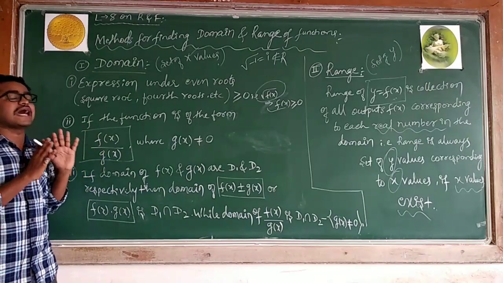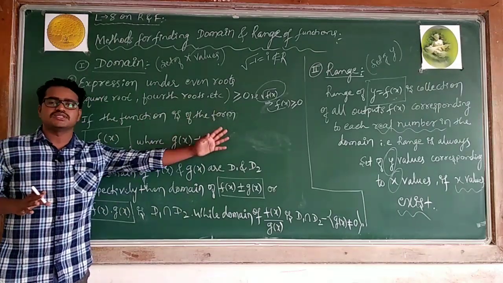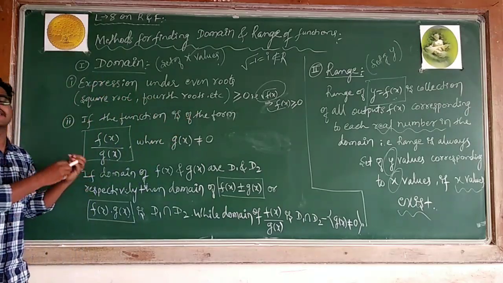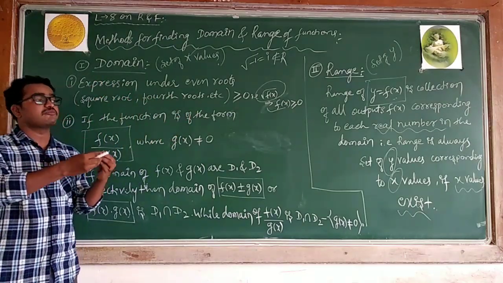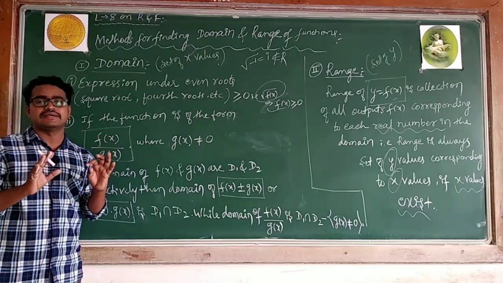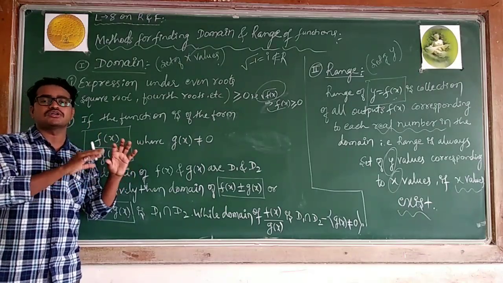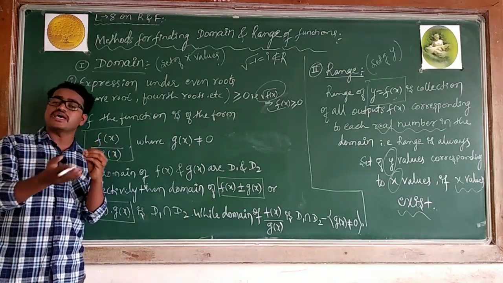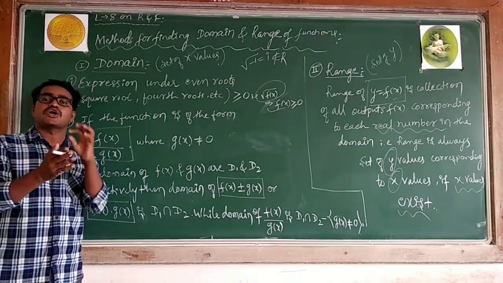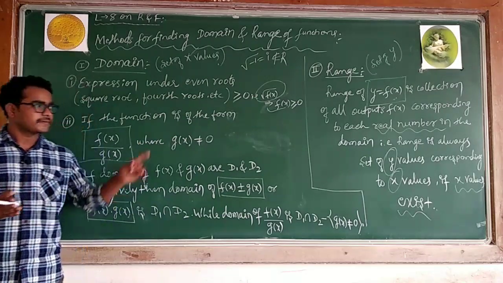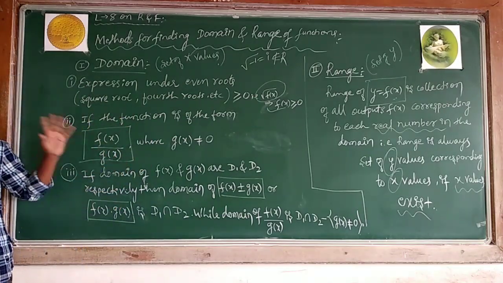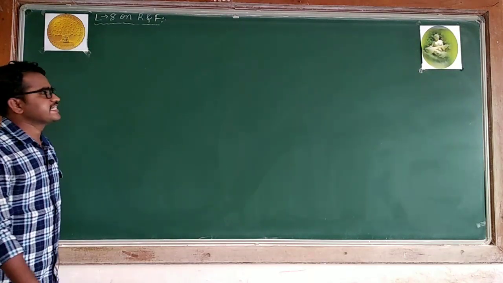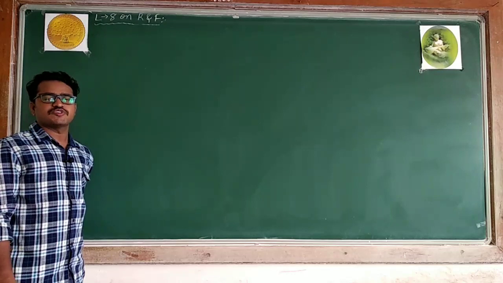The only thing is you have to concentrate on the problems and understand the points. I will take examples, and while taking examples, you will come to know very clearly. According to those examples, you can understand what the domain is and what the range is. When I am avoiding values of x, according to that you will get the y values. This is the domain and range. Now we will see examples of how to find domain and range.